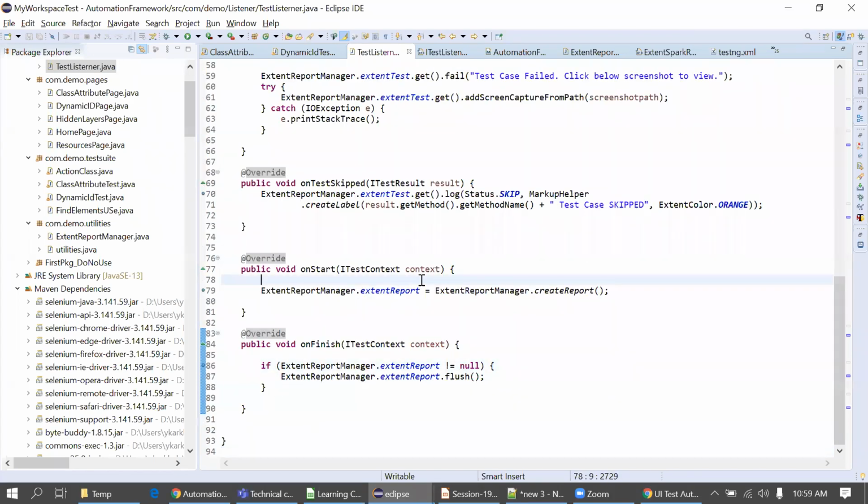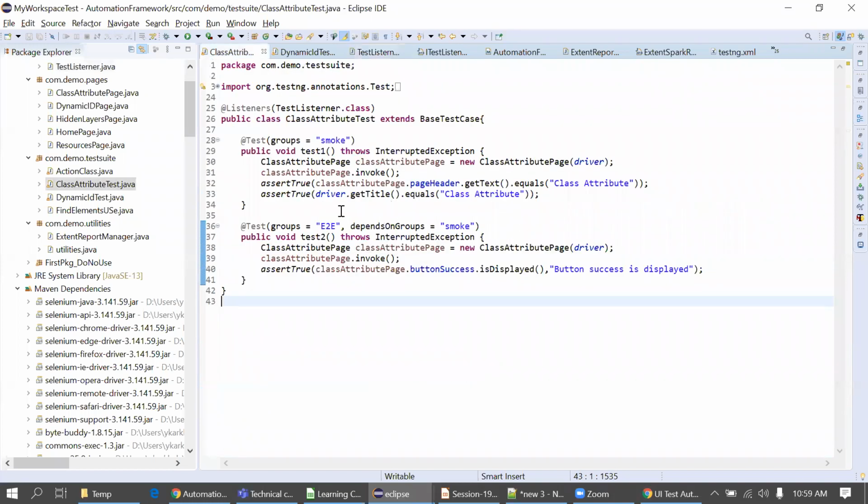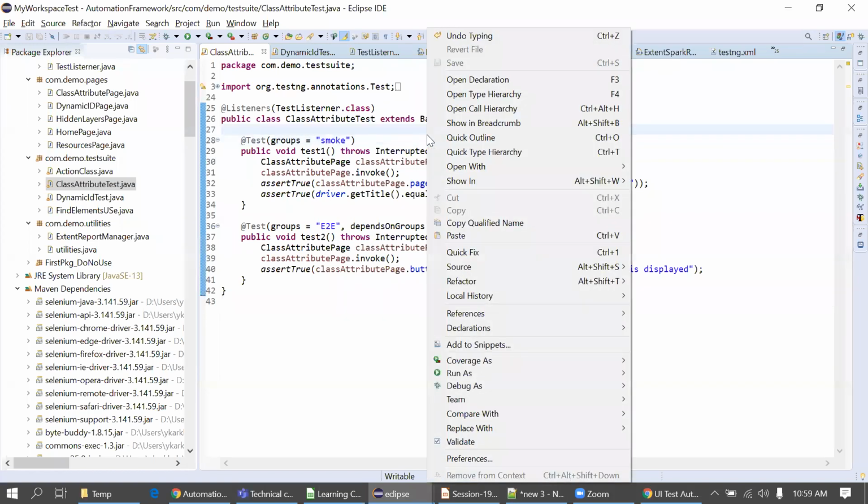I'll put debug on every method. Now I will execute this class. Both of these test cases are expected to pass. So first we will see the positive scenario passing, and then we'll go for the failure scenario.